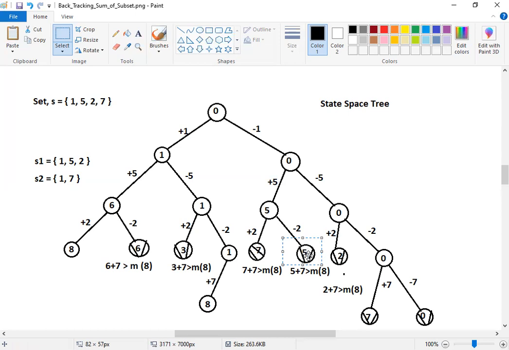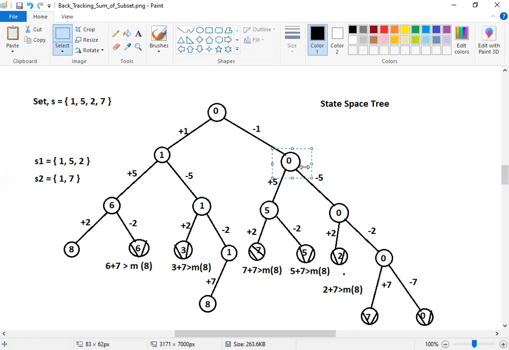Since we don't get one, backtrack. Backtrack means again go back to 5. From this node we have tried out all the possibilities and reached a dead end here. So come back to its previous node, that is the 0th node. This 0th node on the next level indicates that we have not considered 1, and we looked into one more variation where we considered 5 and reached the dead end. So the next possibility is that I will not consider 5 in my